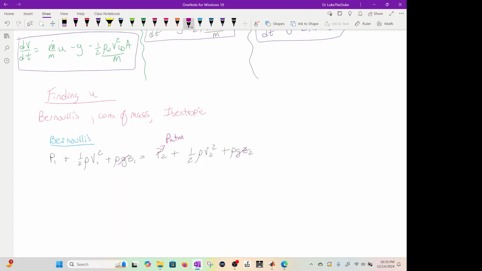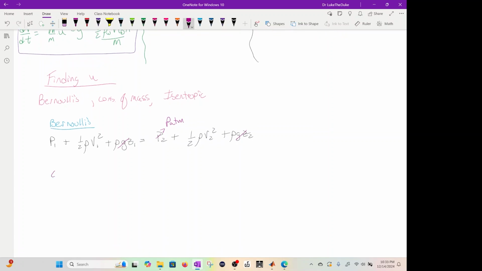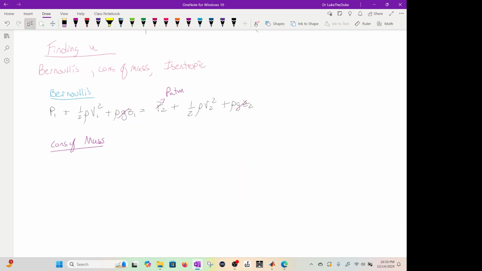And now what we're going to do is use conservation of mass to find the relationship between the velocity inside the bottle and outside. So we know that m dot 1 equals m dot 2 at steady state. Flow rates in equals flow rates out. So we have rho_w pi